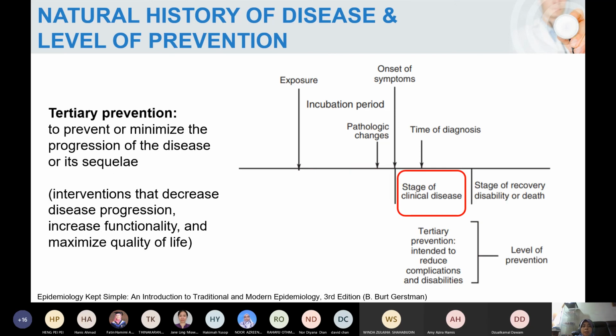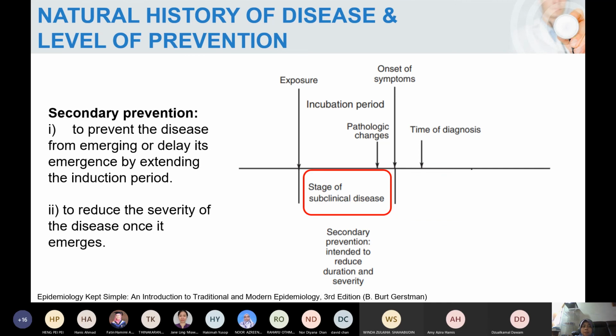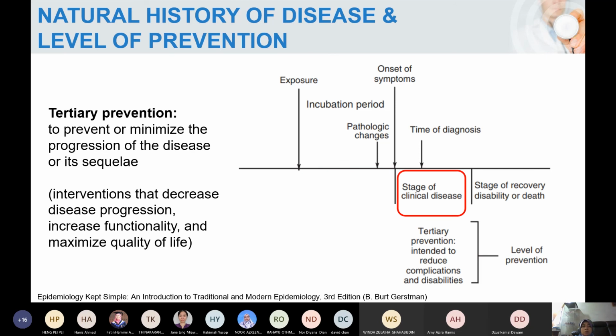Next is tertiary. So in public health, we usually focus on primary and secondary, okay, public health. Tertiary is more hospital-based, to minimize the progression. There is also, for example, diabetes, to prevent complications. Microvascular complications have already set in, but to prevent it, we still aim for that, though mainly in secondary prevention. Tertiary is to prevent the complications once the disease has already set in, to improve quality of life, functionality, and so on.